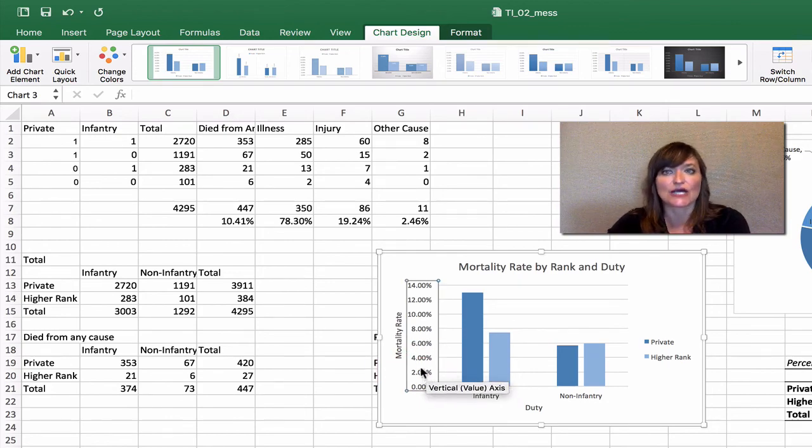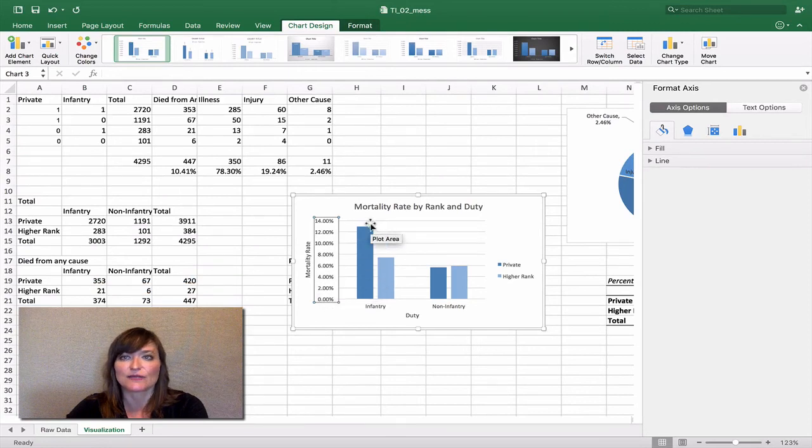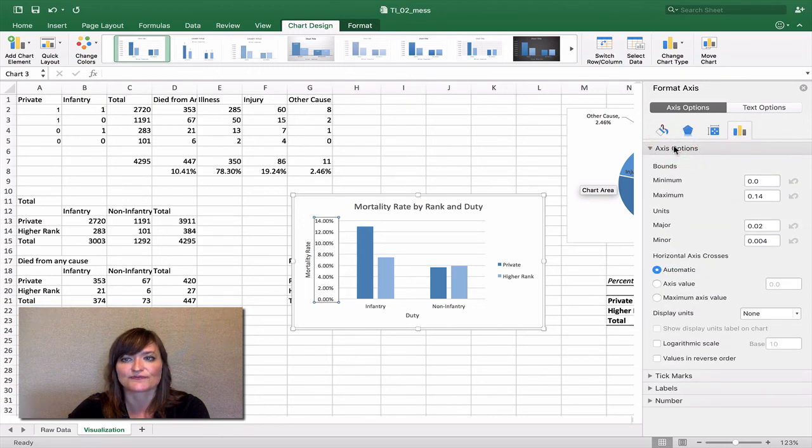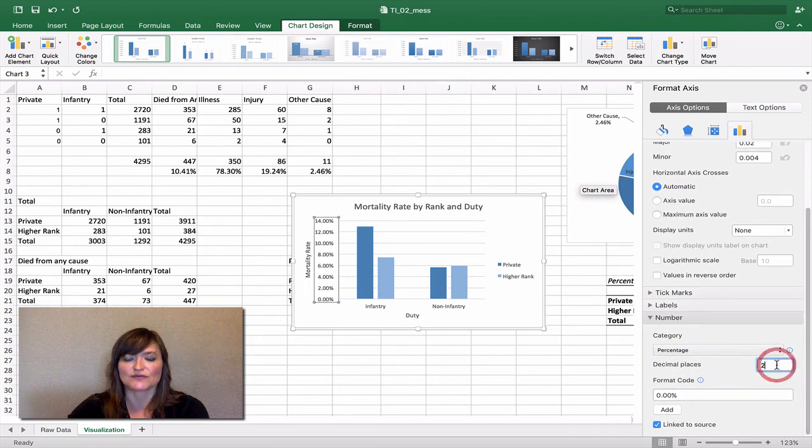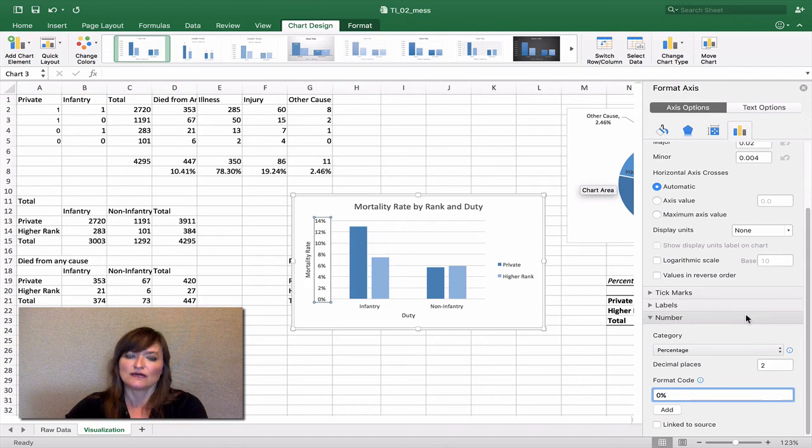So I'm going to click on that axis and I'm going to come over to my Format Axis dialog box. And I'm going to choose the chart options and the axis options. Down here under number, decimal places. That's what I'm looking for. I want to get rid of those decimal places. Okay, that's looking cleaner. We could maybe get rid of some of the lines, but I think that looks fine.